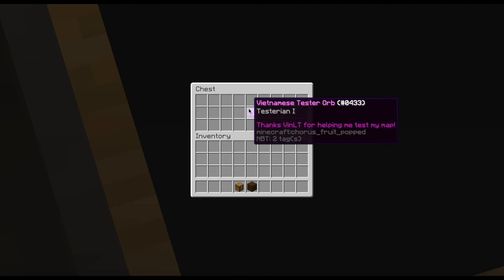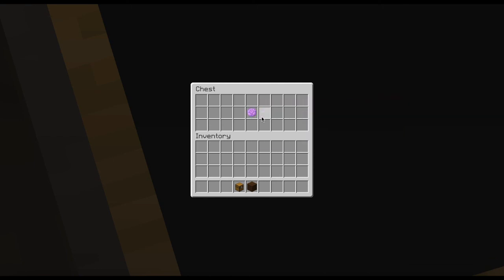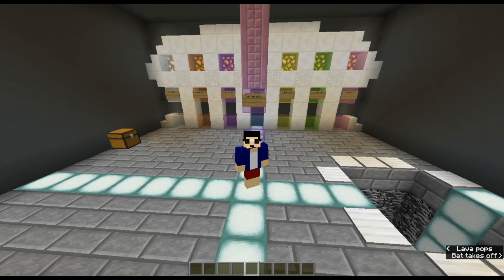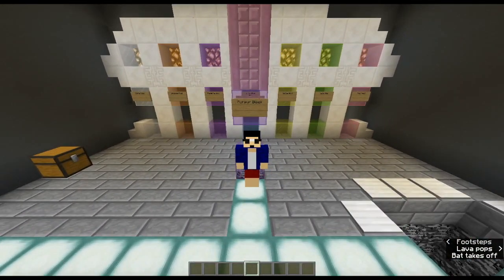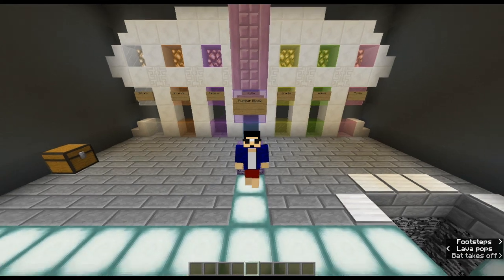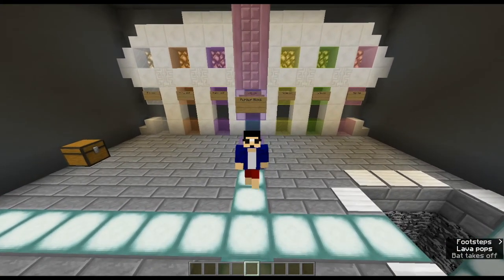Here we have the Vietnamese Tester Orb, thanking VinLT for showing me the multiplayer problems with this map, which I intend to fix. Alright, so update 1.2 should already be out once this is released, so it'll just be in the description if you really want it. So, this was part of the Strawberry Jam number 18 for